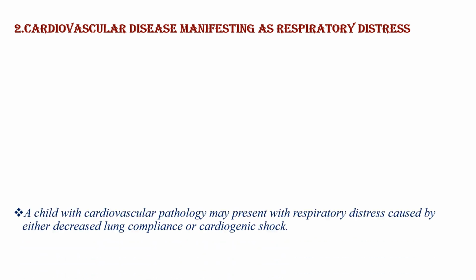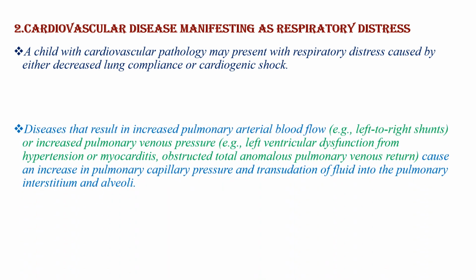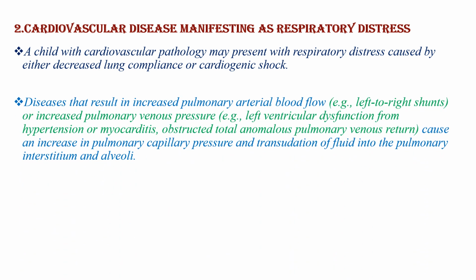The other is cardiovascular disease manifesting as respiratory distress. A child with cardiovascular pathology may present with respiratory distress caused by either decreased lung compliance or cardiogenic shock. This is a condition that results in increased pulmonary arterial blood flow, for example, from left to right shunt, or increased pulmonary venous pressure due to, for example, left ventricular dysfunction from hypertension